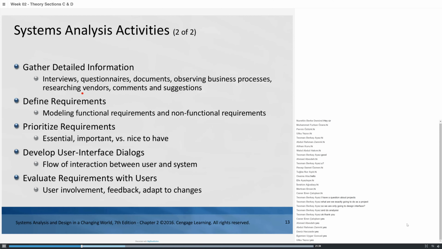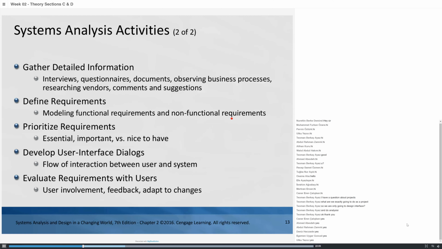So you will see that we will document requirements in two categories: the functional requirements and the non-functional requirements. I will detail them later, but functional requirements are the services that should be provided by the system. Non-functional requirements are the constraints